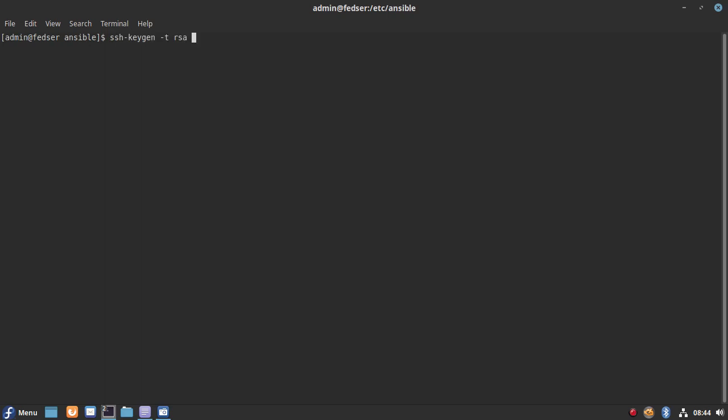RSA is the algorithm with which we are going to create our key. Then -C admin, the user with which we need to log in onto the remote node. So let me generate the keys.